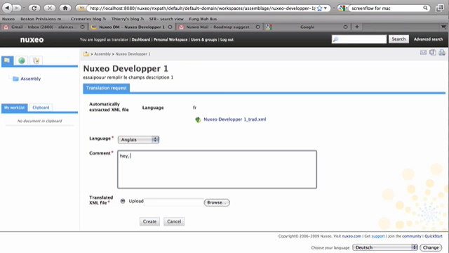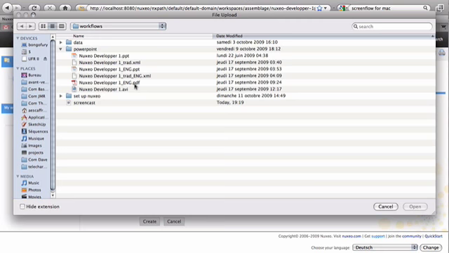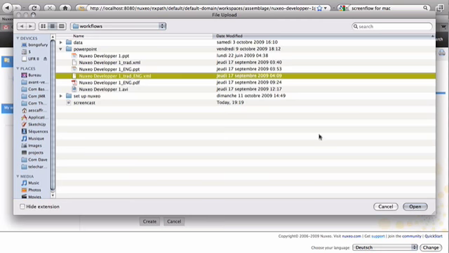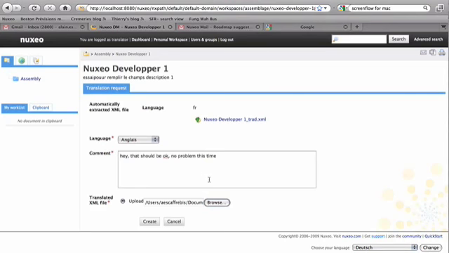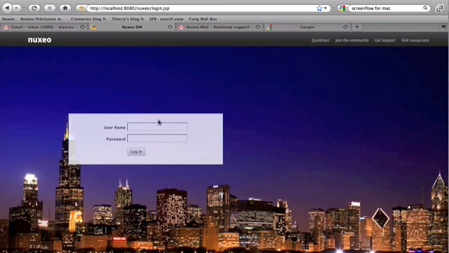Okay, that should be okay, no problem this time. So we browse to upload the document. I will choose to add the English version. Okay. I create, and translated file loaded. Okay, I can check it here. I could even ask for more files if I want, but most of all what I can check